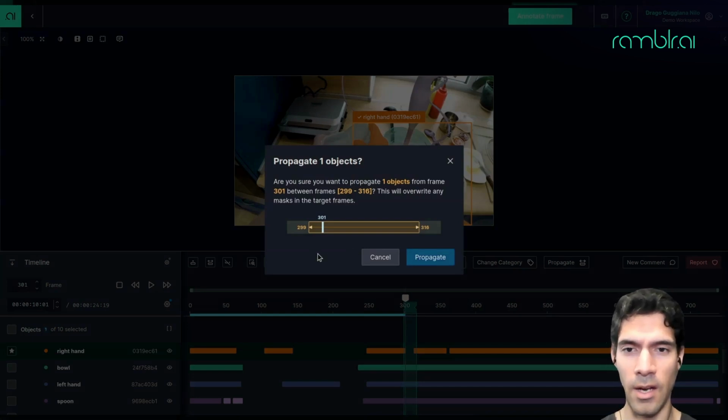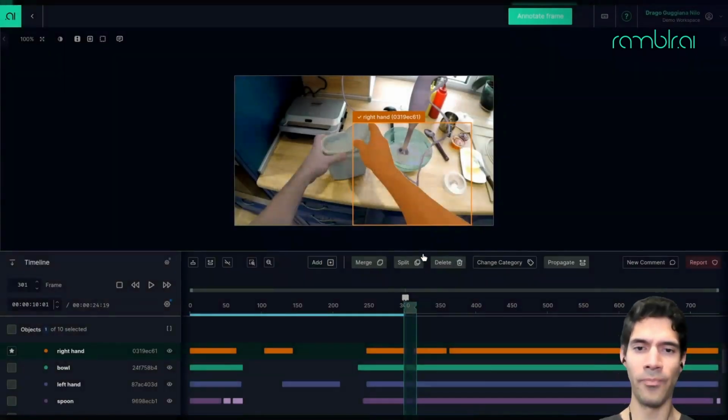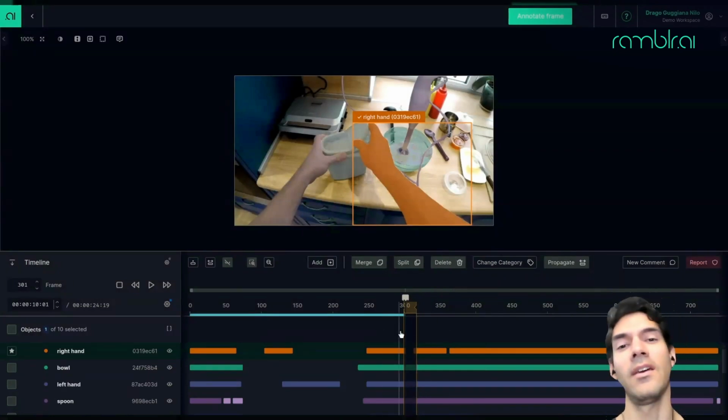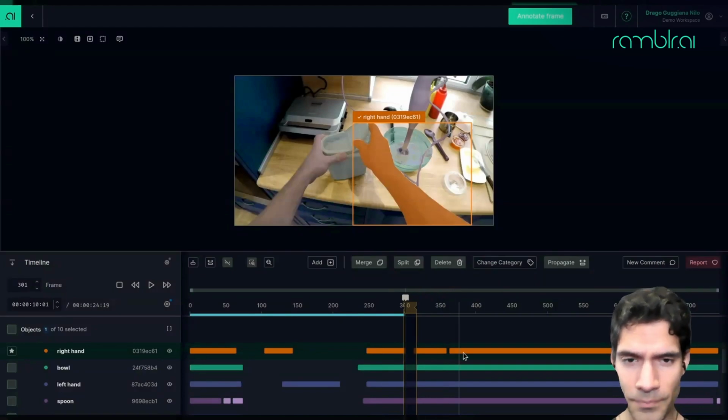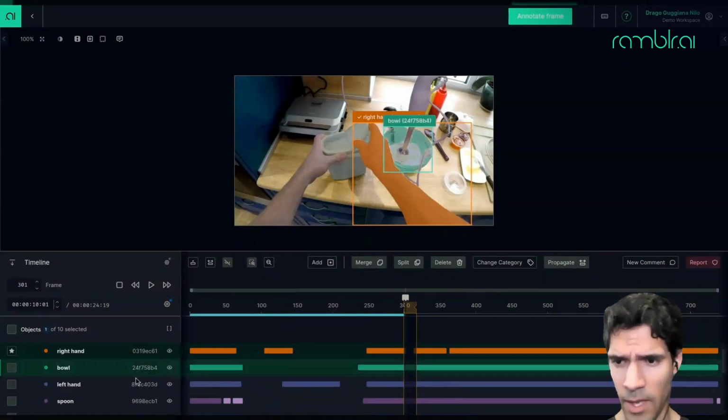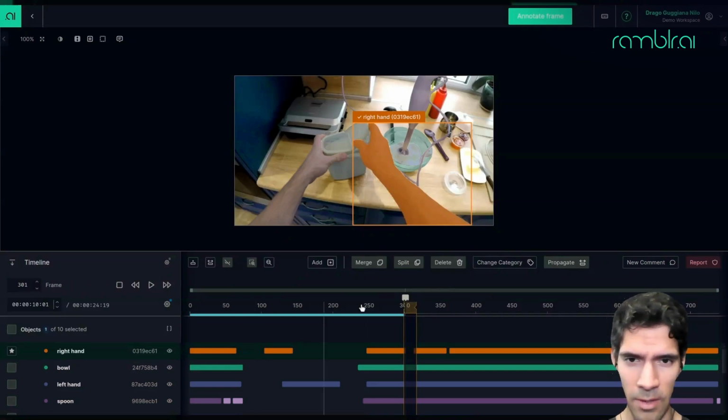It asks us again, are you sure? And I'm telling it, okay, this is my reference frame where the mask is right now, and I'm propagating over that range. Let's do it. And then what it does, I'm just going to make the range disappear, is that right now, as we do other stuff, we can go do other propagations and renamings and such. It's going to propagate the mask of that hand across this range, and it's going to show us progress here. So while that is thinking, we're going to do something else, which is the other button up here,